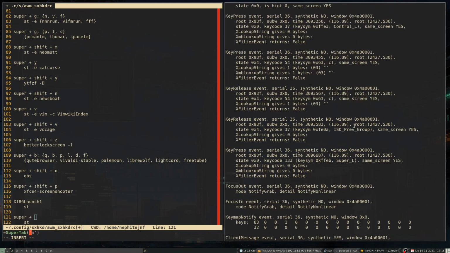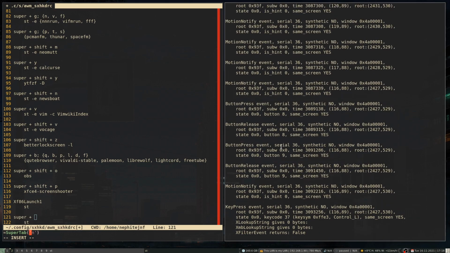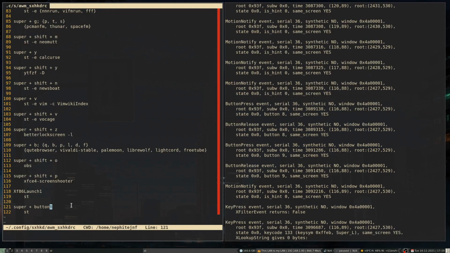So what it showed us is you see button 9 and button 8. So if I were to add, in SXHKD, the shortcut I believe is button 8. And then I can set that and write it. So we can see that super button 8 basically brings up a new terminal. And then if I do the same thing,